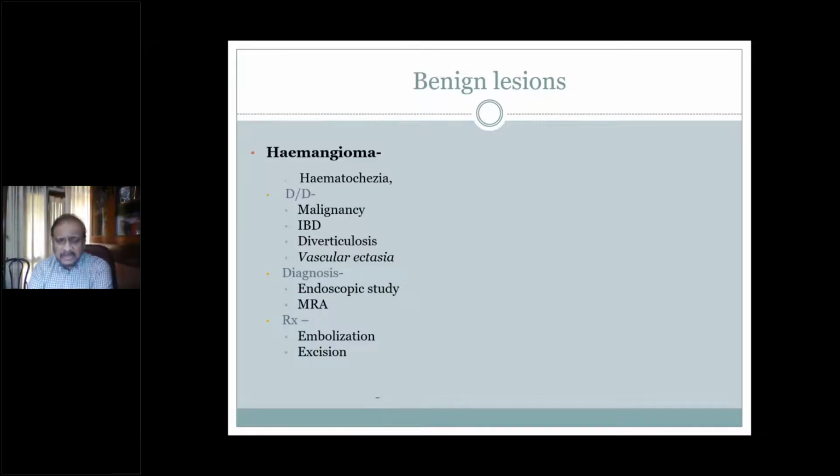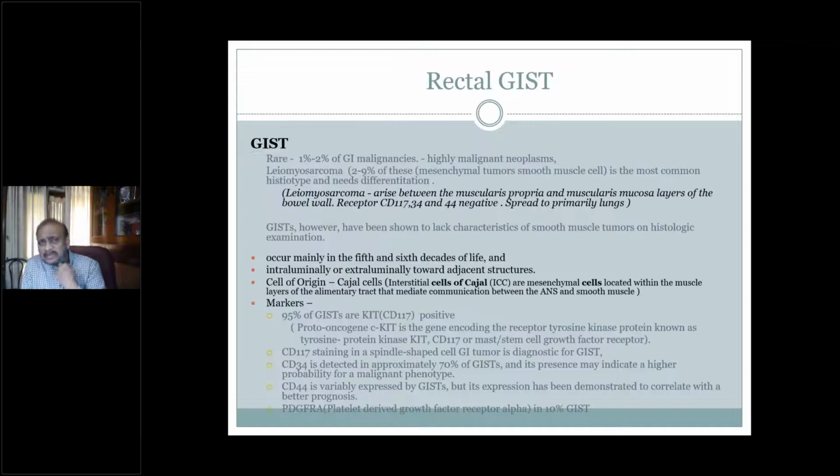That is vascular ectasia. So in an endoscopic study, you'll see the hemangioma. Hemangioma is usually seen in endoscopic study, but that's for differentiation from vascular ectasia. The treatment again is either embolization or excision. Excision can easily be done with a laser or a radiofrequency ablation, right? Coming to the